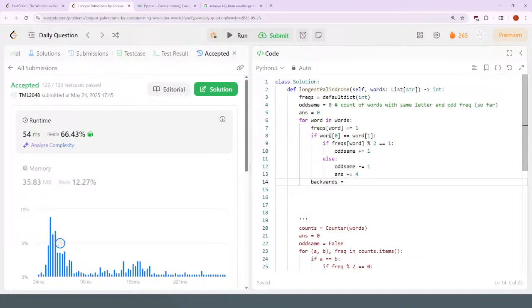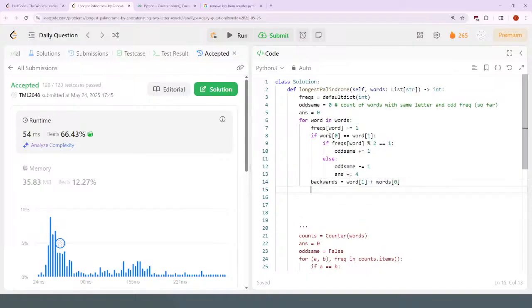Backwards is going to be word[1] plus word[0]. I don't know if this is faster than doing the other way, like word[::-1]. No, I don't know. Well, I can double check it. So if the backwards is also